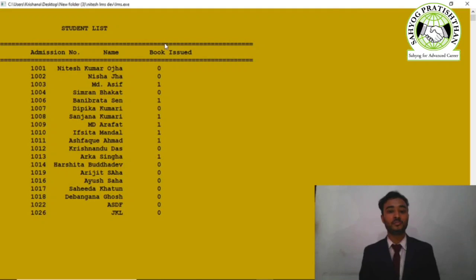So this is done by the help of another function of C++ known as setW, the full form of which is setWidth. It fixes the size of the space required, and this function is stored under the header file known as iomanip. So that's all.